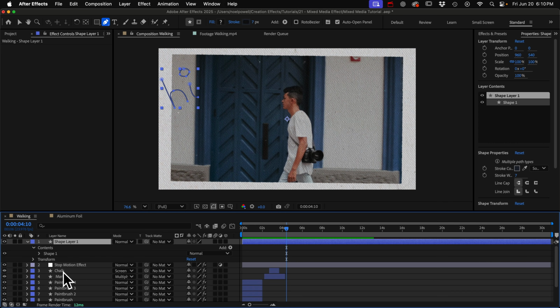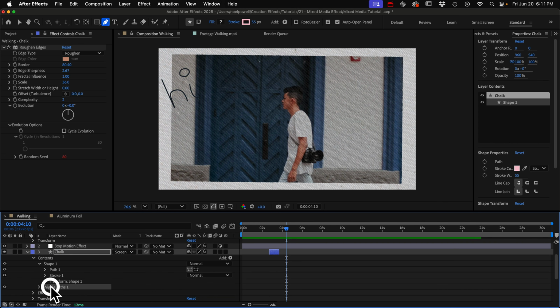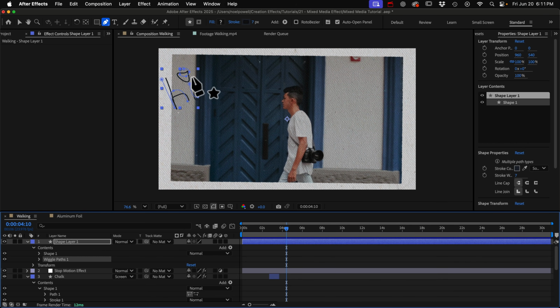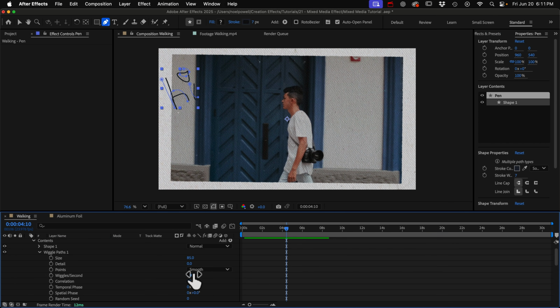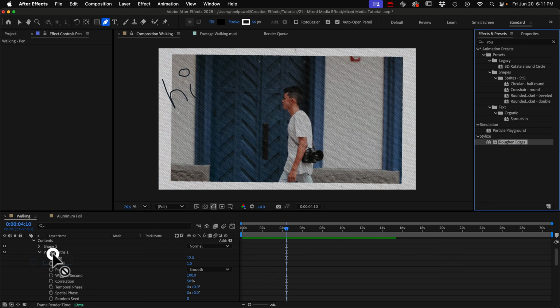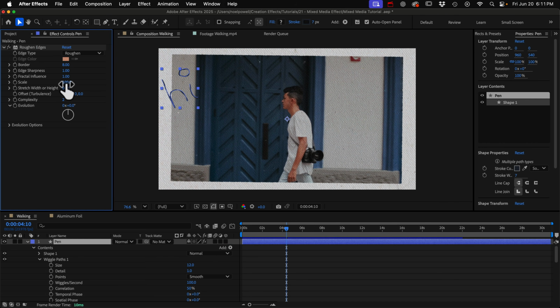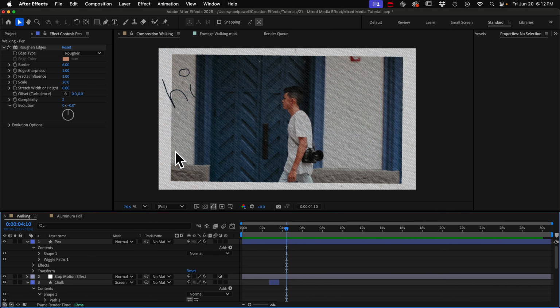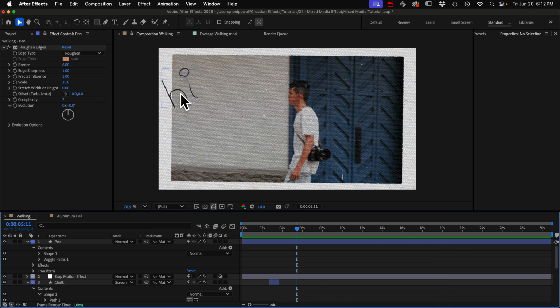And I'll go get my wiggle paths from another layer, and I'll put it on my pen layer. And you can see how much it's warping it. We might want to turn that down. Let me rename this. And we just need to roughen edges to make it look more like pen. I'll turn down the scale. That's about right. Yeah, that looks like pen to me. I'm guessing this isn't going to wiggle around much. So the path is wiggling,